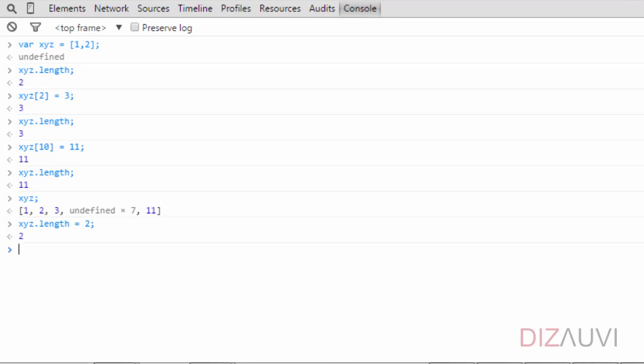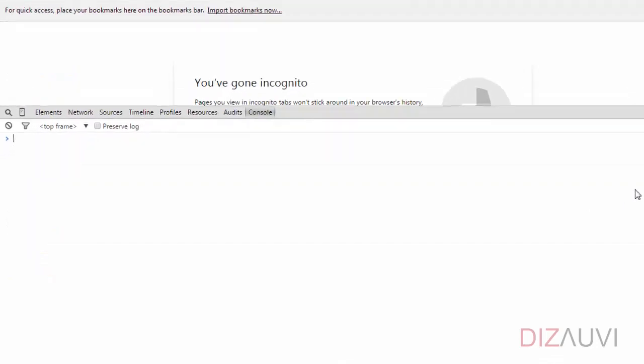If we do that, the array shrinks such that we only have 2 elements in the array, starting from the 0th index. Alright. So if we print the array on the console, you can see we now have only the first 2 elements left. The other elements were removed from the array.